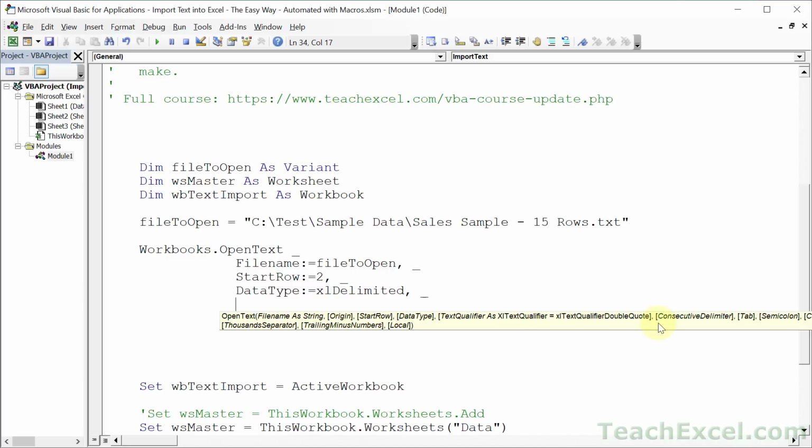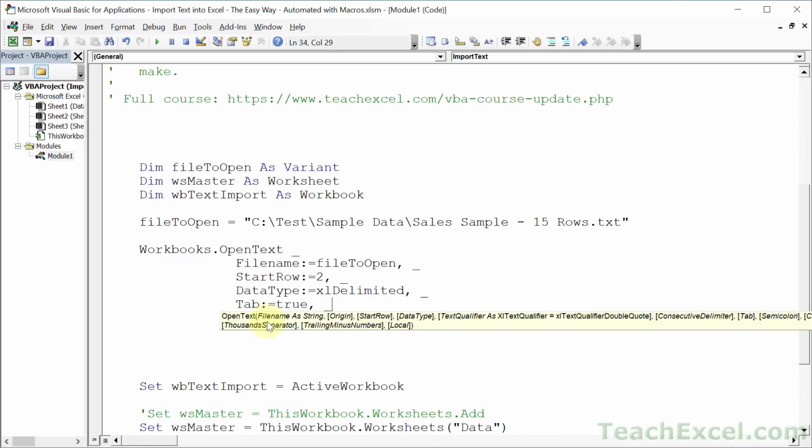You can see a couple of them at the very end right here, tab and semicolon. And it goes off the screen to say comma and space. And those are the 4 main ones. And to use it, you just type the name of the argument, tab, colon, equals, true, because our columns are separated using tabs. And if your delimiter was not a tab, semicolon, comma, or space, then what you would do,